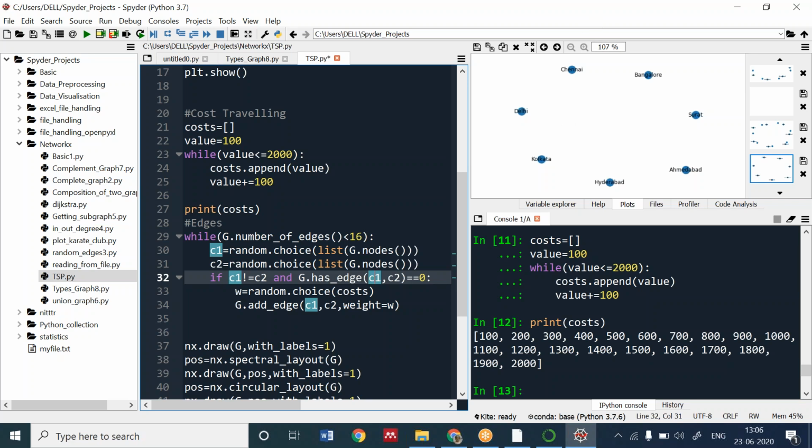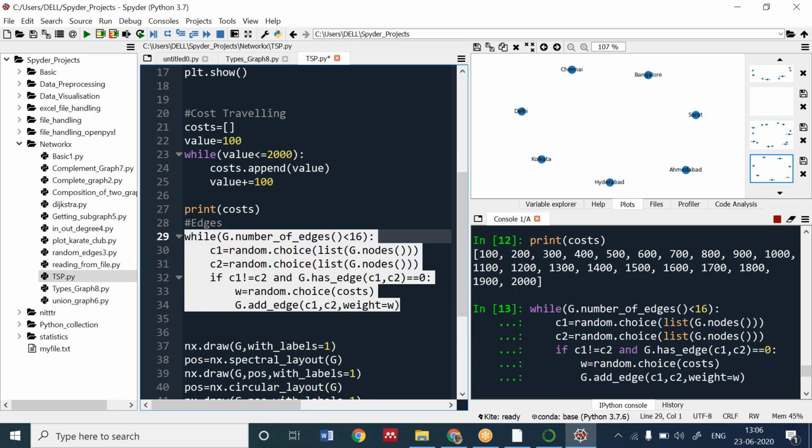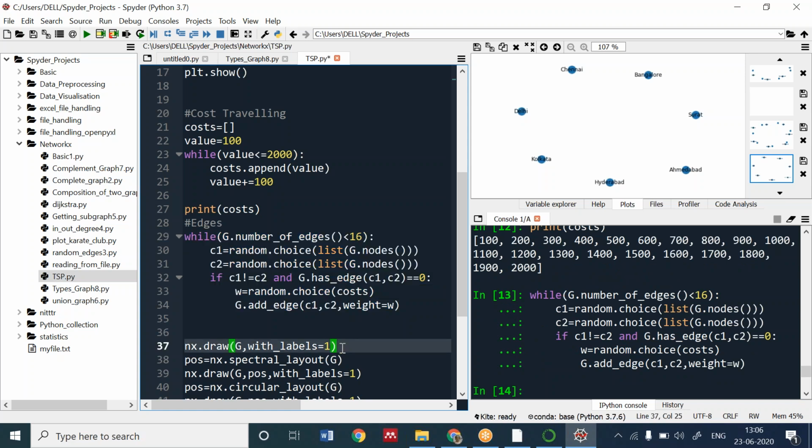एज लगाने की दो कंडीशन क्या होनी चाहिए कि पहले उसमें से कोई एज नहीं होनी चाहिए, ऑलरेडी चेन्नई टू बैंगलोर कोई एज नहीं होनी चाहिए और चेन्नई टू चेन्नई नहीं सिलेक्ट होना चाहिए. इसीलिए हमने ये वाइल लूप में चेक कर लिया. इफ लूप में चेक करने के बाद हमने एक रैंडम वैल्यू रैंडम लगा दिया, उसके बाद हमने एक एज असाइन कर दिया. लेट मी रन दिस, देन आफ्टरवर्ड्स यू कैन राइट द कोड.